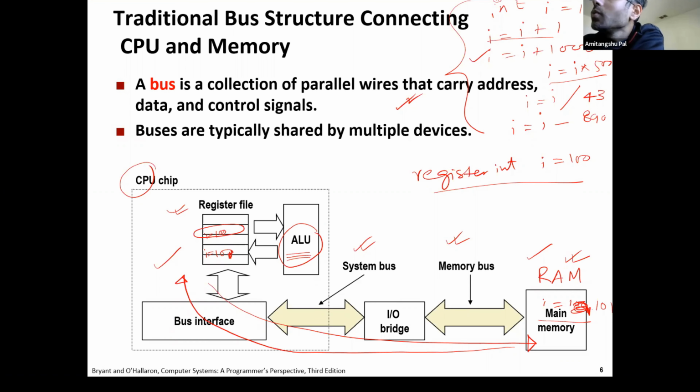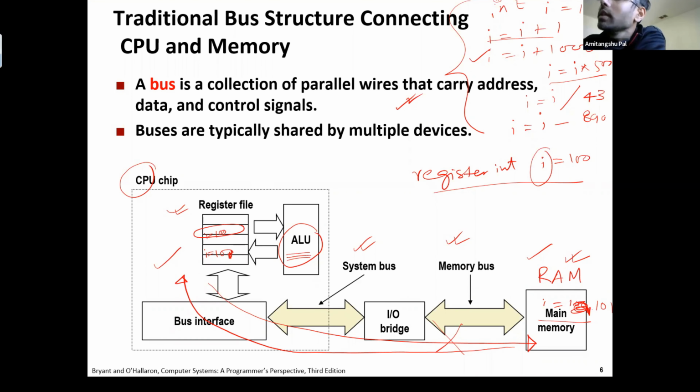In that case, you do not need to go back and forth. The CPU can easily work on it several times, as many times as it wants. So if a variable is reused again and again, you can declare it as a register integer. Now that does not guarantee that this variable is going to be stored inside the register.